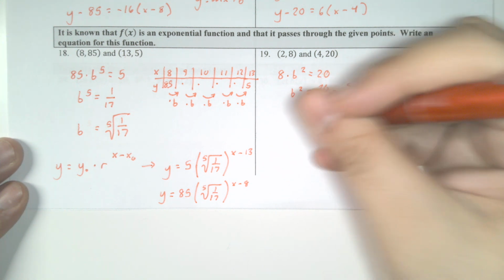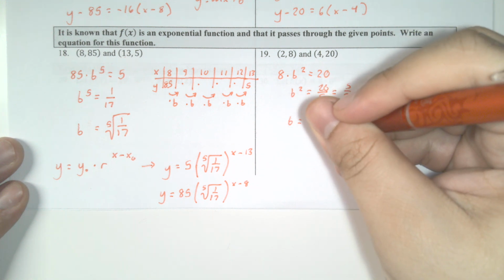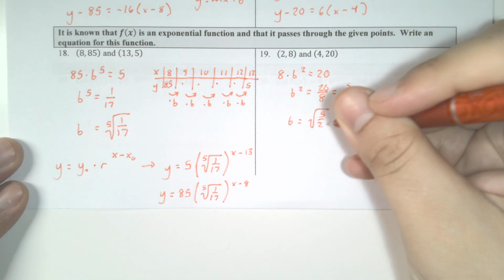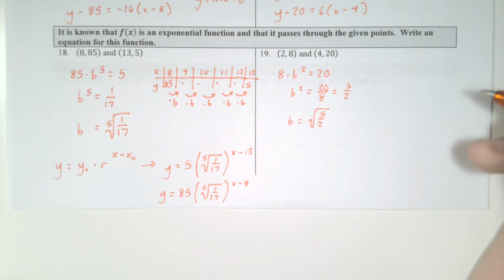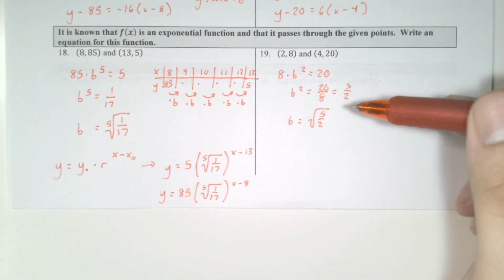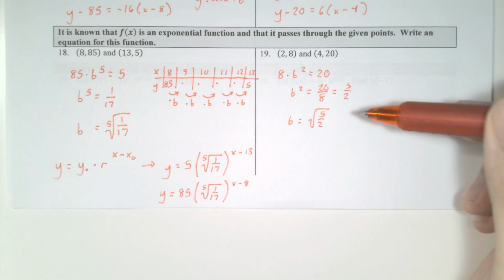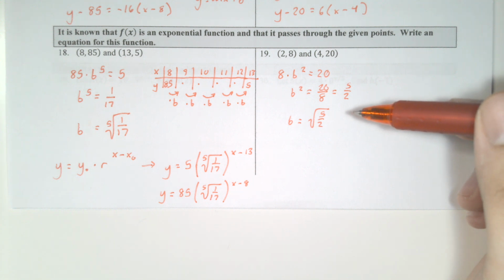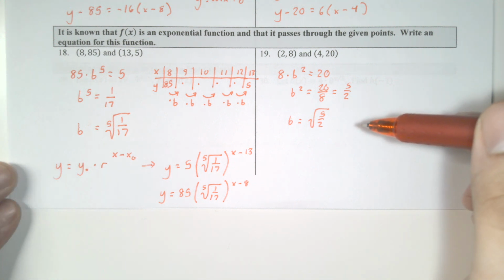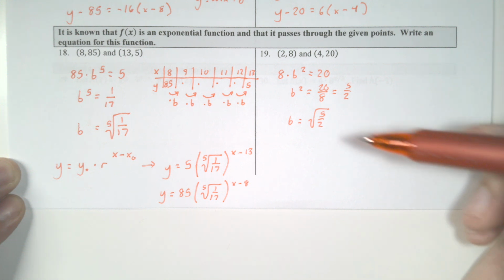And so if b squared is equal to 5 over 2, then b is equal to the square root of 5 over 2. Now, normally we would say when we take the square root of both sides of an equation like this that b is equal to plus or minus the square root of 5 over 2. We actually don't want to do that. That's going to make things kind of complicated if we consider a negative base for this. Don't do that. So let's stick with the positive